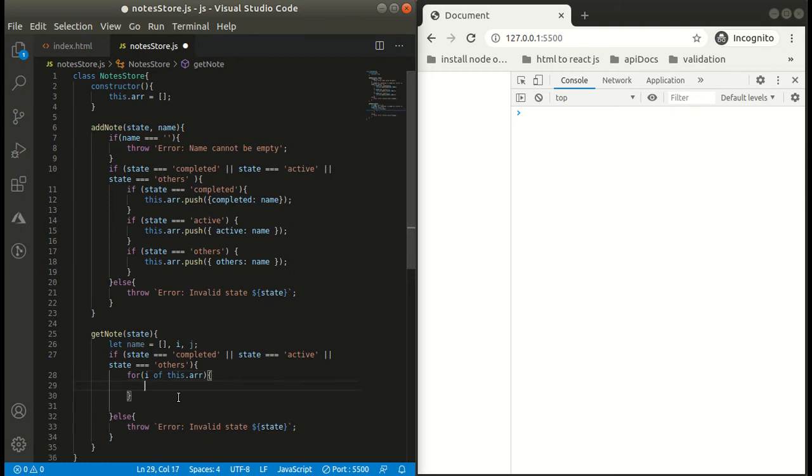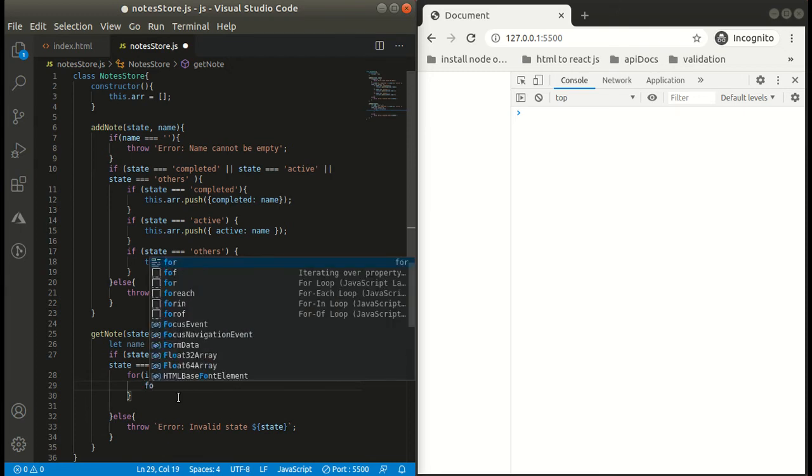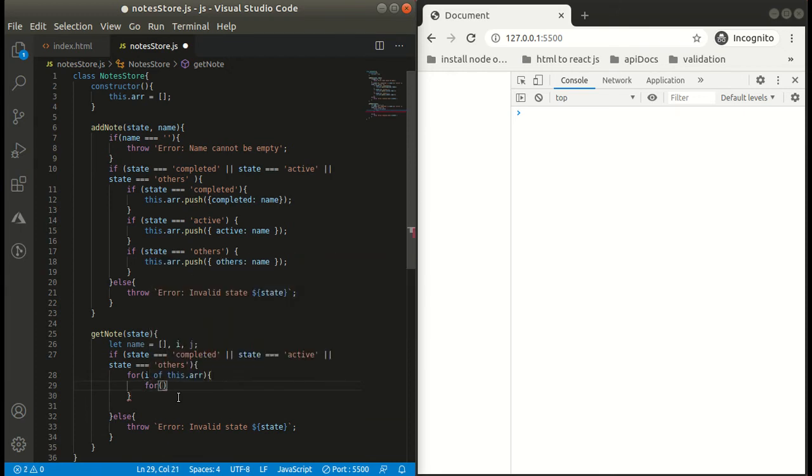Now we will run another loop, that will be our for in loop. In this we will traverse through the single object that we are getting. Now here j corresponds to that key. So we will check if j is equal to our state that has been passed.